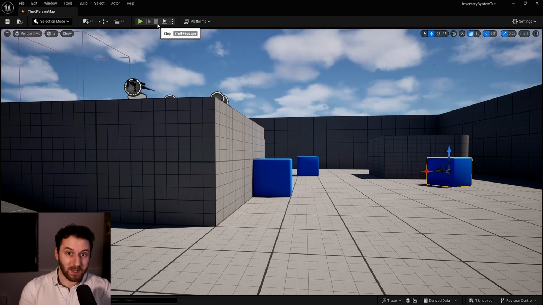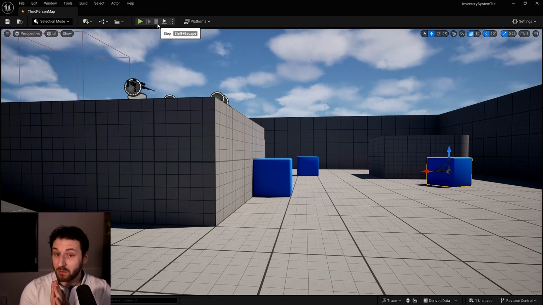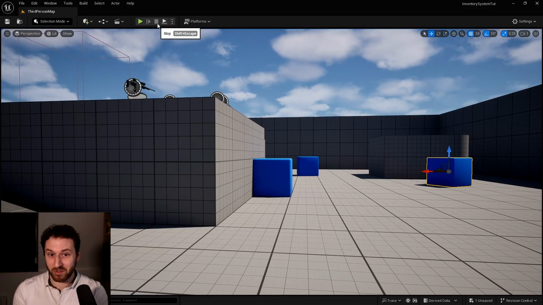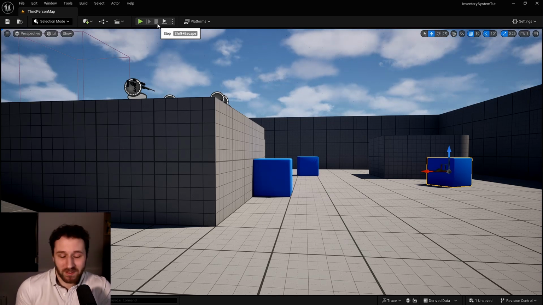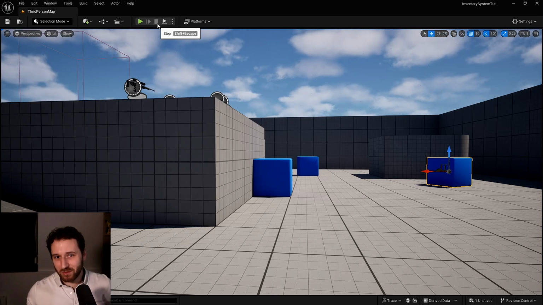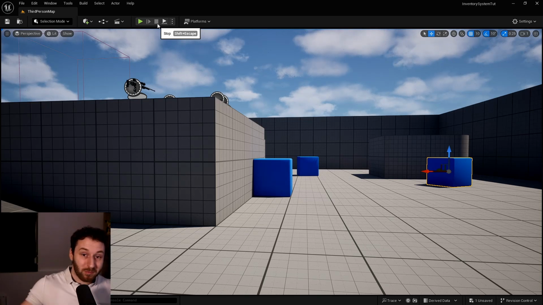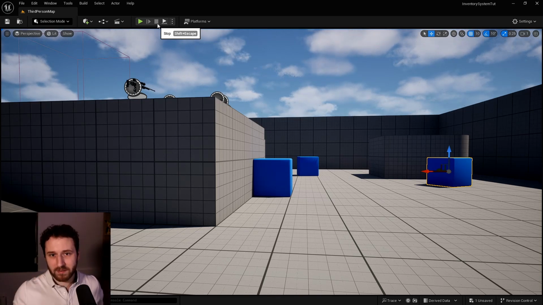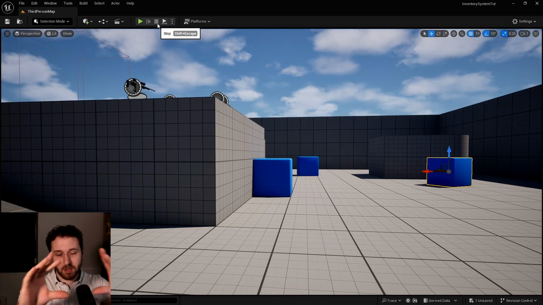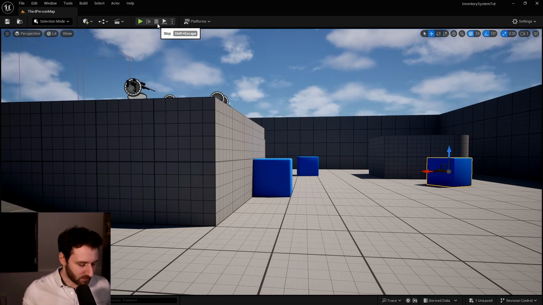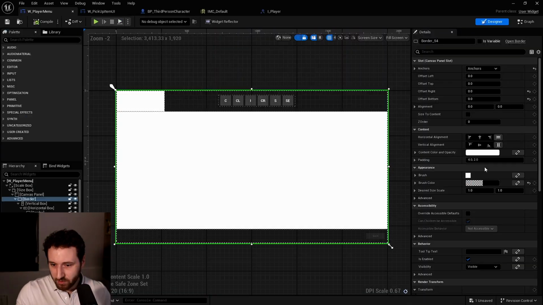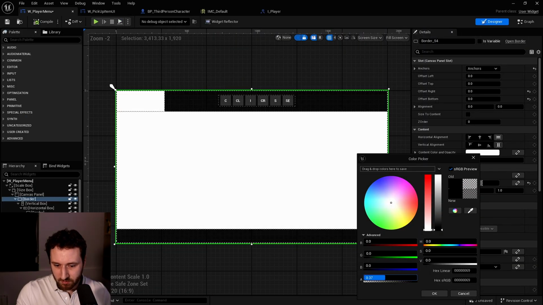Just be careful to not do that in a multiplayer game. I don't know what will happen if the server actually pauses the game. I think it will pause for everyone. So you don't want to pause the game anytime someone opens his inventory. So we'll have to change the inventory a little bit, maybe show what's going on behind with the opacity, make the inventory a little bit smaller, add an opacity, so the player can see what's going on and can remove the inventory and start fighting if there is any issue. I'm going to put this opacity to 1.